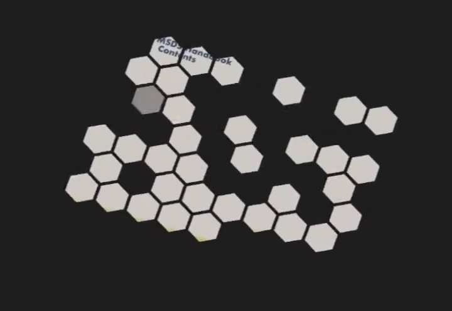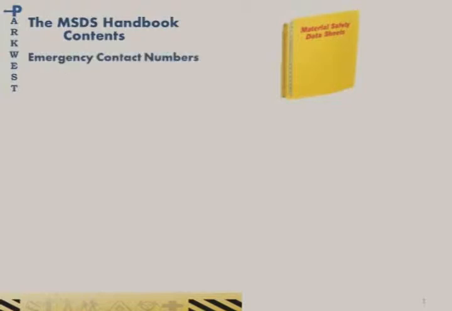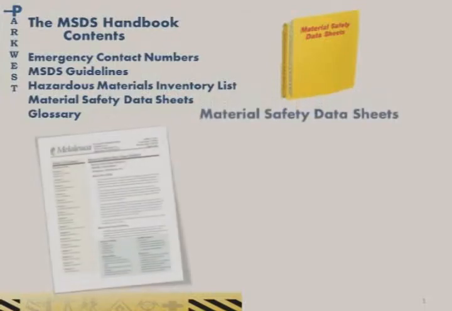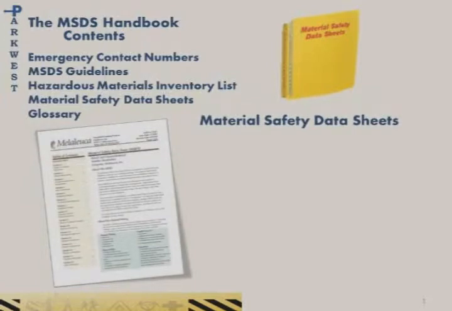The purpose of the MSDS Handbook is to provide an initial point of reference for the identification of hazardous materials and precautions for dangerous chemicals at your work site. Material safety data sheets include all of the important details on a particular chemical. You may not need to know or use all of the information on the MSDS, and you are not expected to memorize the contents. However, you should know where to find them and how to use them.